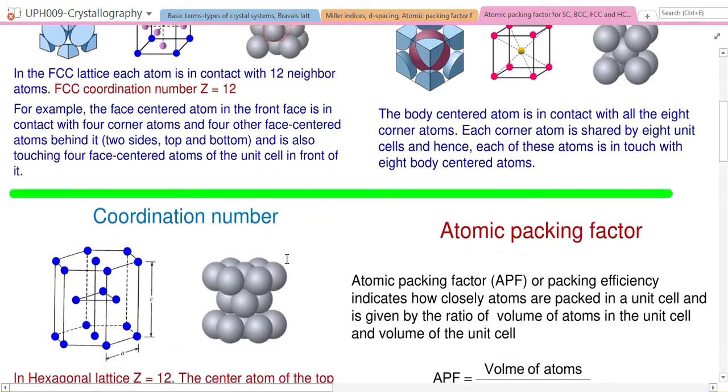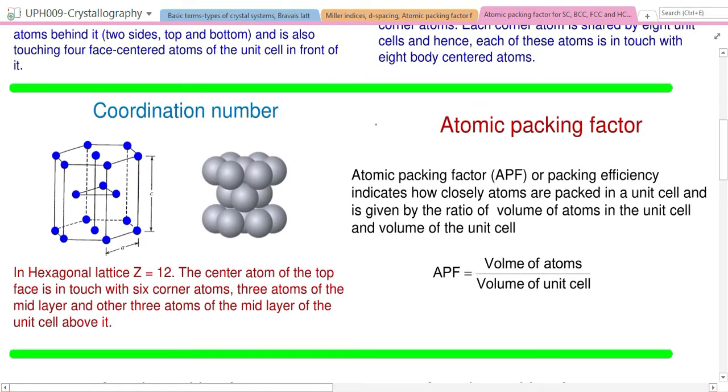For the hexagonal closed pack system, it's comparatively easier to think. So this is our hexagonal closed pack system. So the unit cell would be something like this. So this is our unit cell, from here to here to here to here, and then from here, here. So this is our unit cell, and in this hexagonal closed pack system, again the coordination number